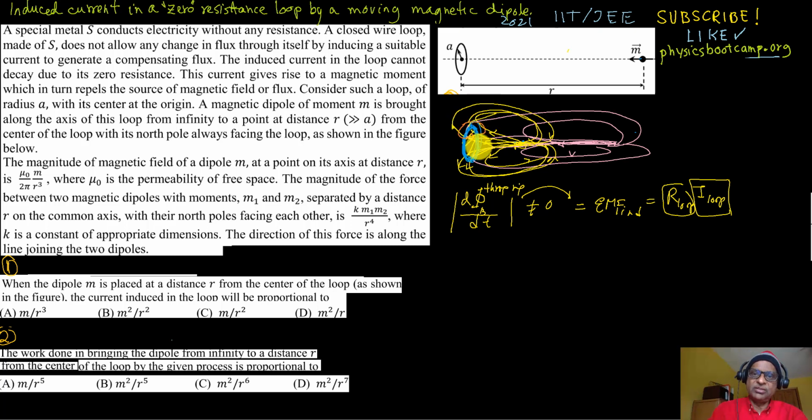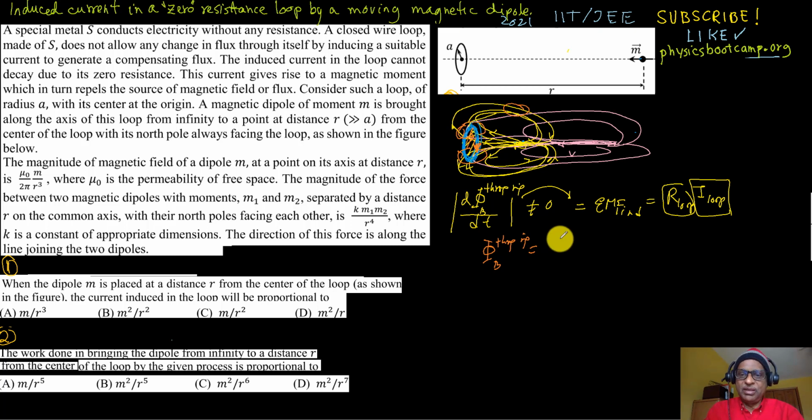That means the current induced will be this way, and the magnetic field of these will have the same flux as the magnetic field. So if you look at phi b through the ring,